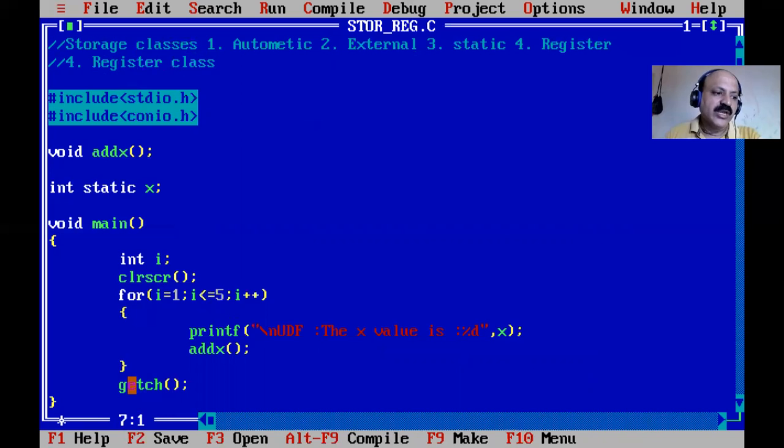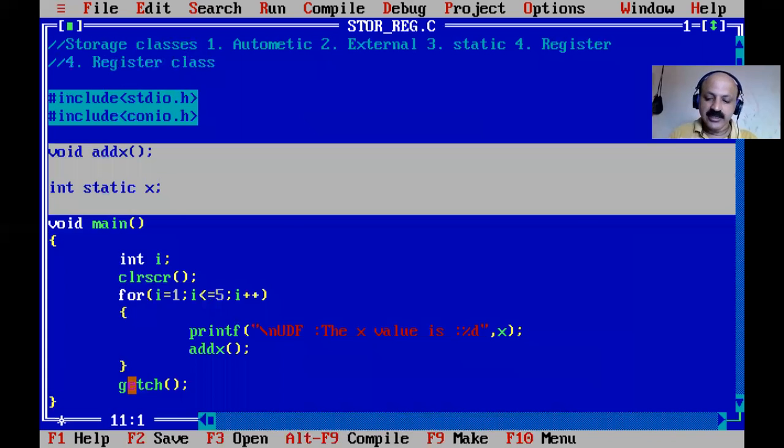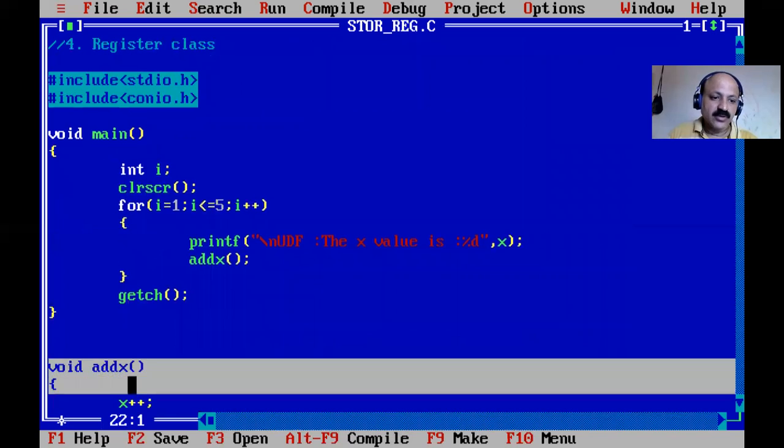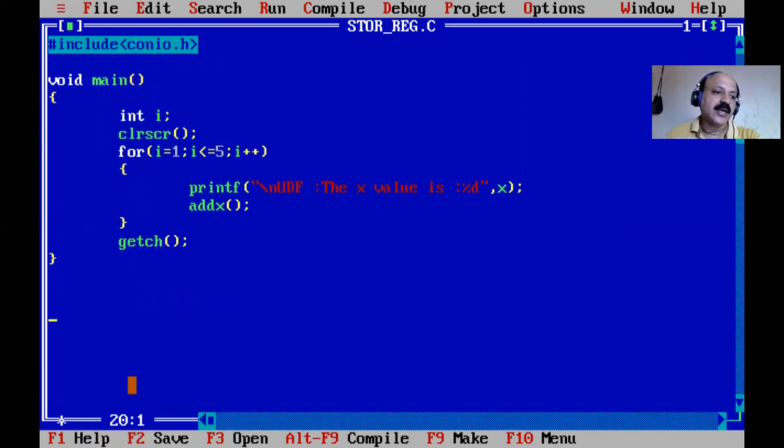So how can we define it? That is local only, not global. Yes, a register variable is not global. So all the others I deleted, not required here. So here a UDF also cannot access it, because that is a local scope. Okay, so let us take an example: what is the importance of a register variable?